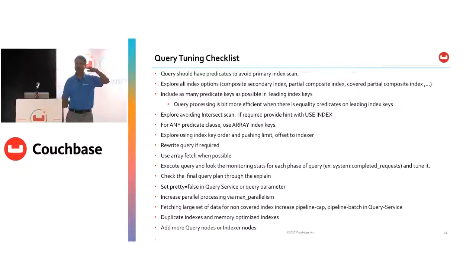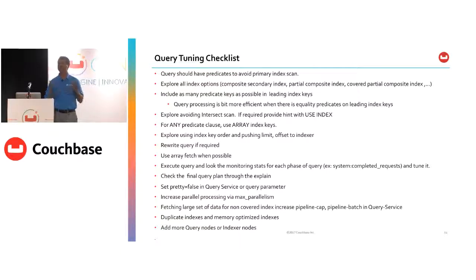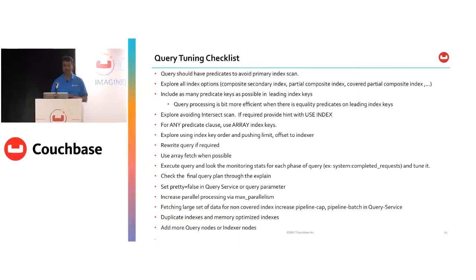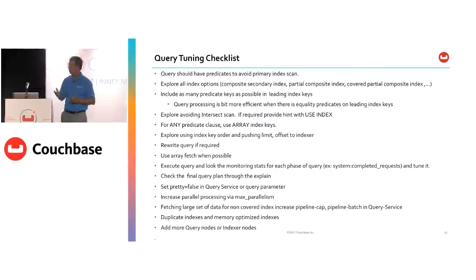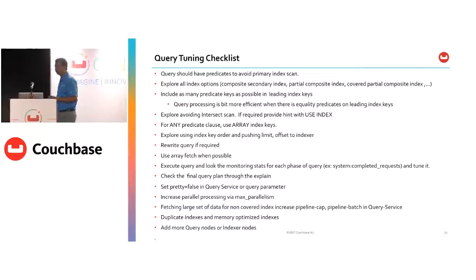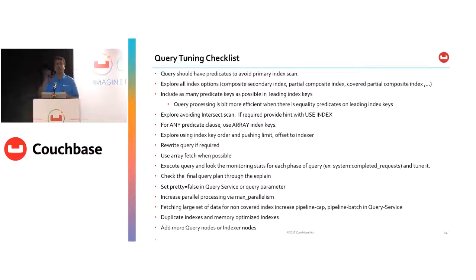And if possible, you can horizontally partition the index into multiple indexes by using the where clause in the index, so you have the index that is appropriate for your query. And try to create the index with all the values that you need in your query. That means not only the predicate, but if you have additional columns that are in the query,